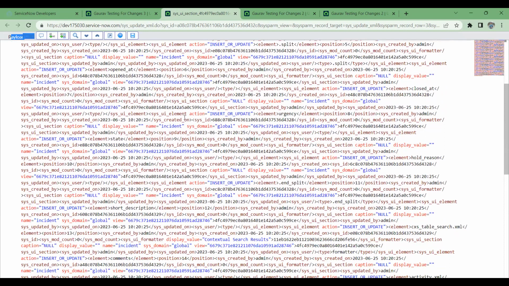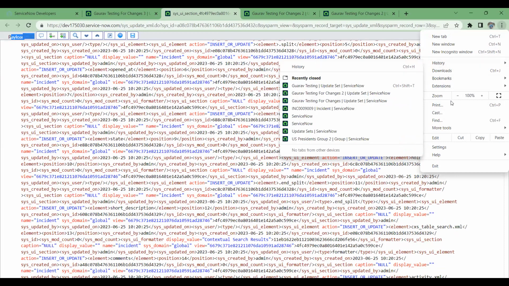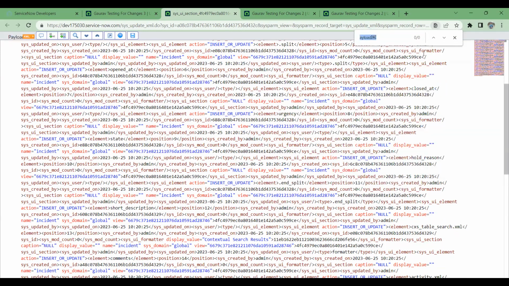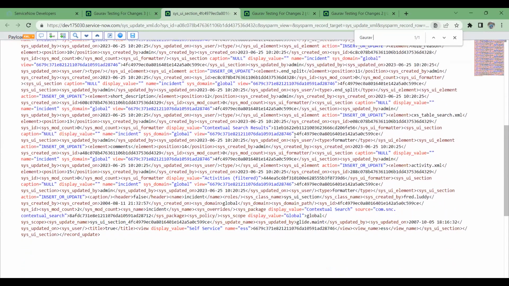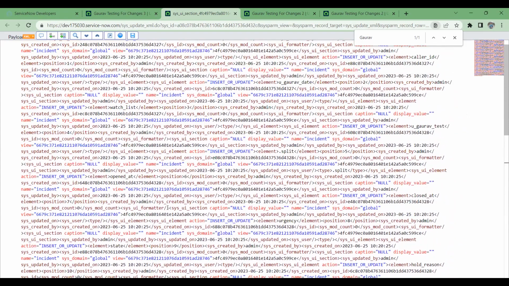I will search it out. I have some shortcut on the controller, so let me click here. That is fine. Self-service. So you can see the comments. Yeah, so comments. And you can see here every data